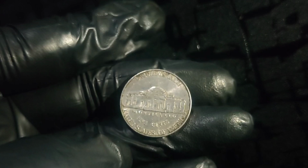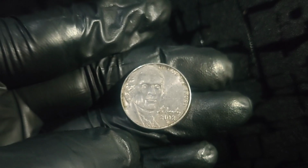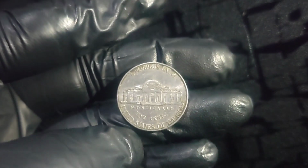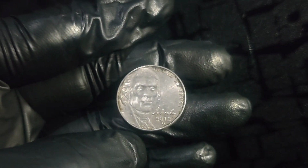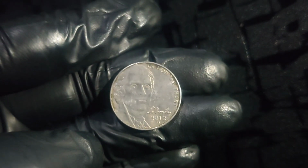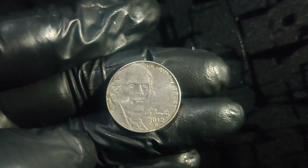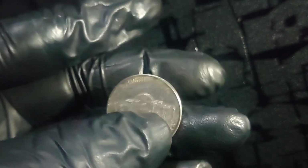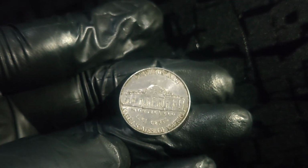The market for error coins has grown substantially over the past few decades, driven by both the excitement of discovery and a shifting investment mentality that favors tangible, real-world assets. Amid rising trends in alternative investments, collectors are increasingly drawn to pieces like the 2012 D-nickel for their storied pasts and the perceived opportunity to capitalize on mistakes in minting. The irony of a coin worth almost $225 million indicating that a slip-up in manufacturing can create unexpected and outsized